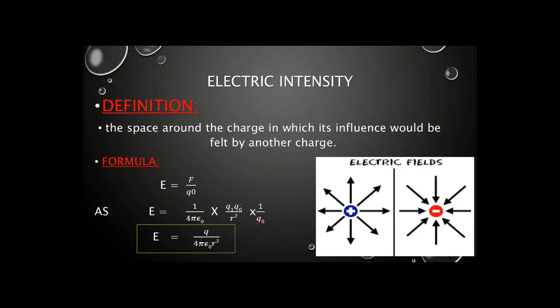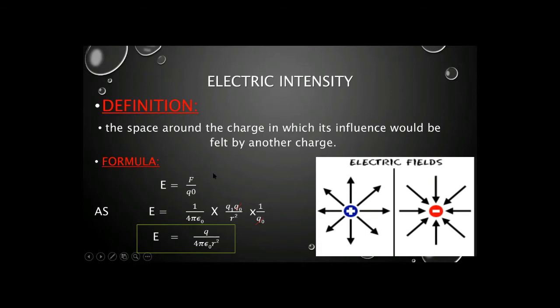Suppose an electric charge creates an electric field, as we have discussed. So we consider that charge as a source charge, and the strength of the electric field of the source charge could be measured by another charge, that is a point charge. Okay. So the charge which is used to measure the electric field is considered as a test charge. And we place that point charge or test charge in the field of the source charge, so it experiences an electric force, either attractive or repulsive. Okay, but here we have to find how much is the strength of the electric field, and that is known